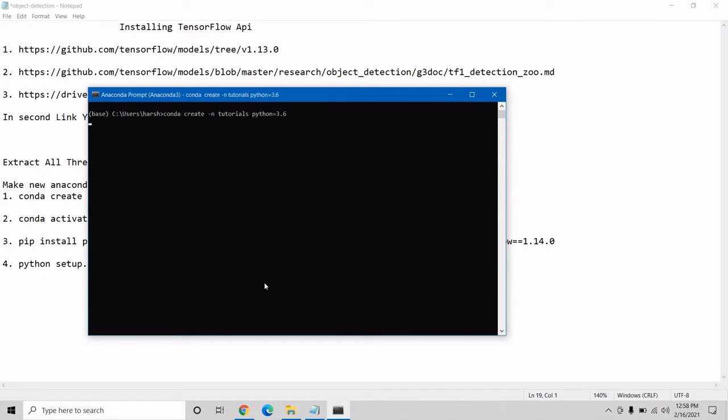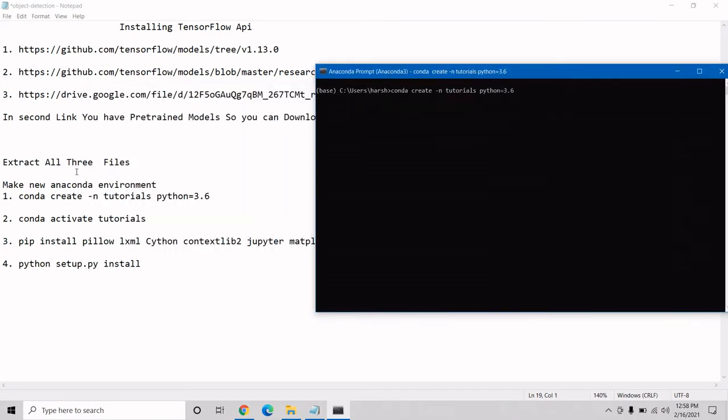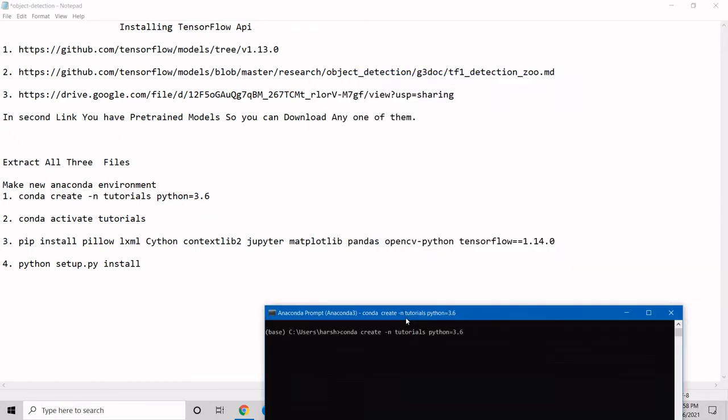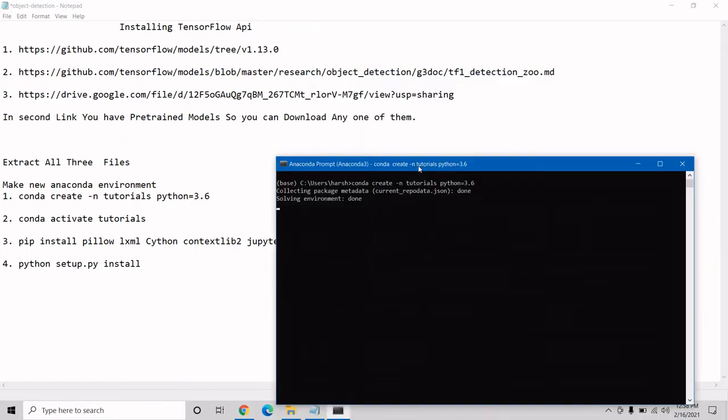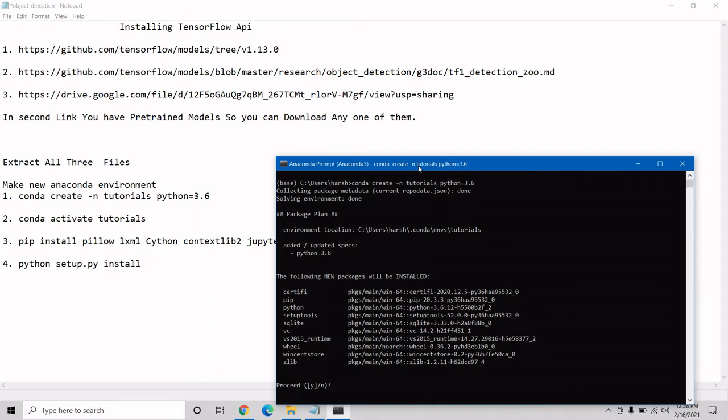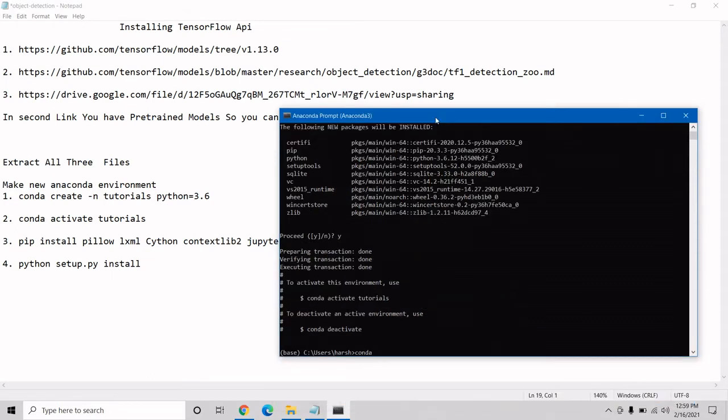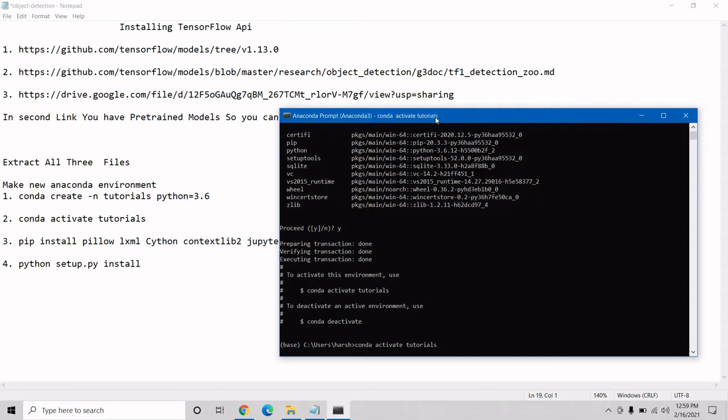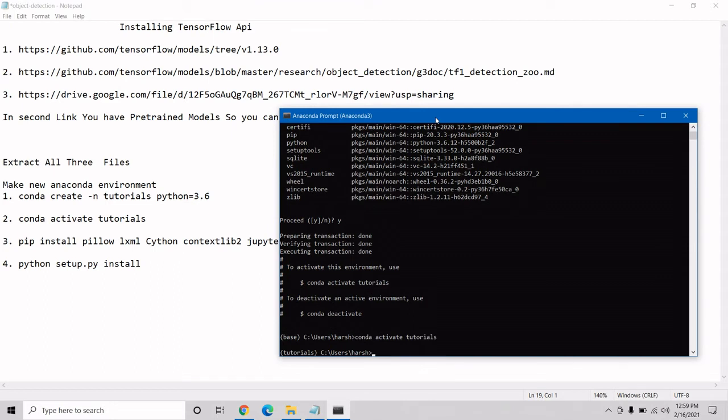After creating it we have to activate our conda environment. Since we have to work on TensorFlow 1.14, we press Y. Now we activate the environment by writing tutorials. Now my environment is activated.